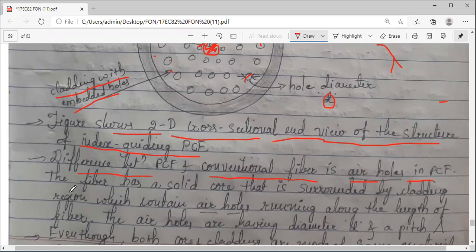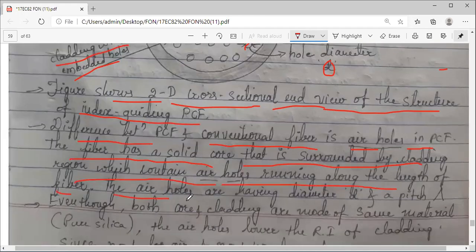The fiber here has a solid core surrounded by the cladding, and the cladding region contains these airy holes, running longitudinally throughout the optical fiber. The airy holes have the diameter d, and a pitch lambda. I'm just explaining the structure.